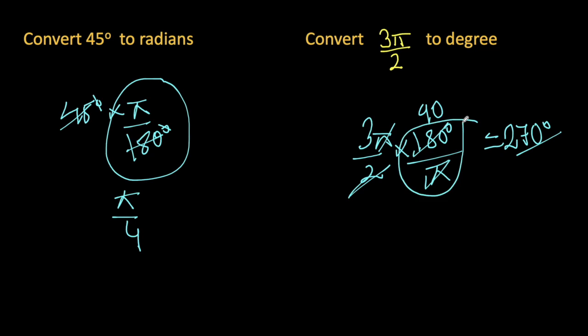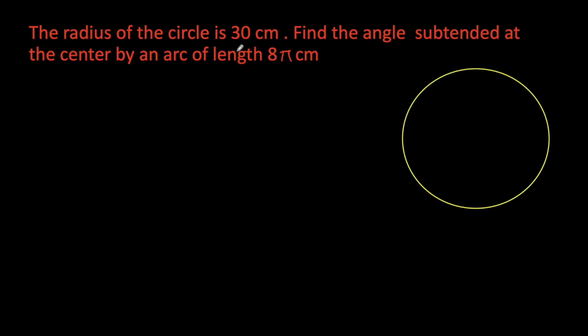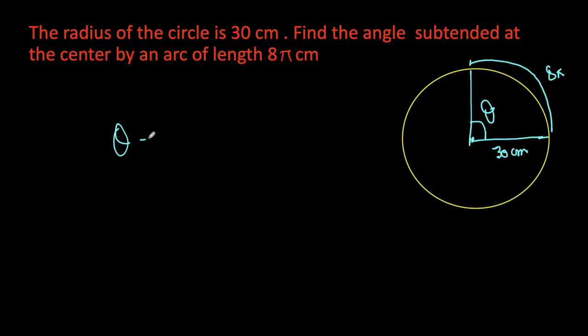Okay, now let's move to the question based on the arc length and the radius, area of a sector. So here the question is, the radius of a circle is 30 centimeters. So it's always better to draw on the circle itself. So 30 centimeter is the radius. Find the angle subtended at the center of a circle by an arc length 8 pi. So let's suppose this is your 8 pi, and they have asked you this angle theta, and you know what theta is. Theta is equal to this divided by this. So 8 pi divided by 30, and how much is that? 8 divided by 30,